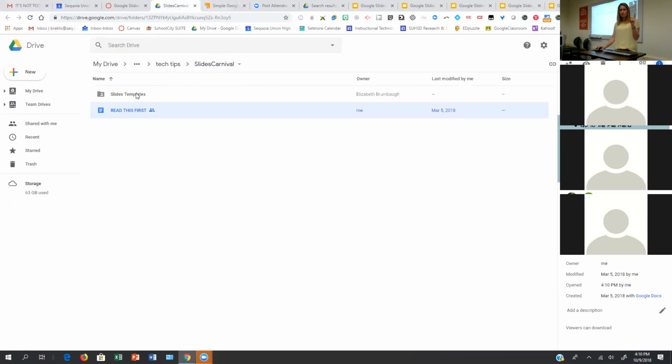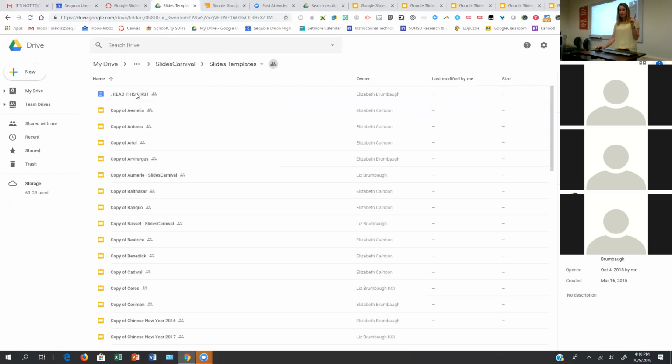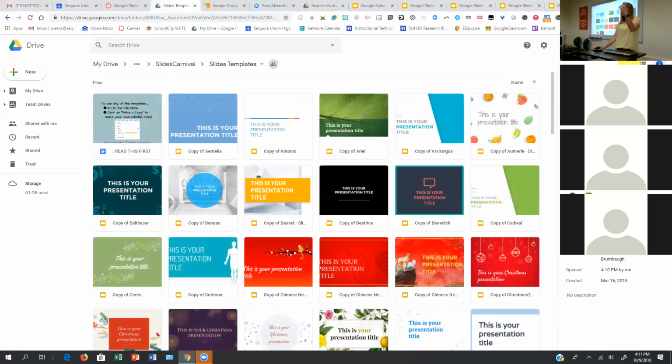But if you click on the actual folder where it says Slides Templates, if you're like me, I'm very linear, I was a math teacher, I like things alphabetic in my drive, I want to see what everything is. But for these purposes, we might want a preview of this. So something you may not know, and mine is covered by all of this, is this little button way to the right. You can see, I can turn on my little cursor thing and see if that works. Okay, this guy right here. This will change your view into preview mode.